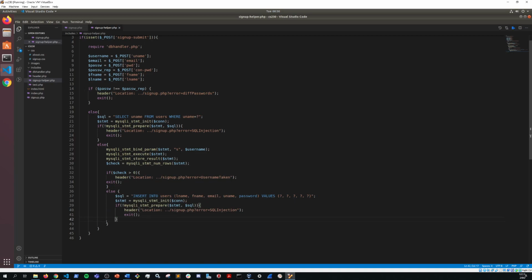It's not like Python. It just makes it look better, and it's easier for me to see, and probably easier for you to see as well. So this is going to do our prepared statement check to see if any of these other variables are SQL injections. And assuming they are not,